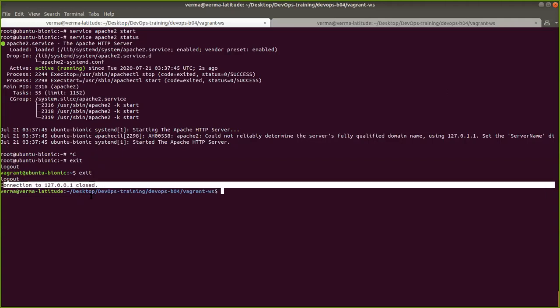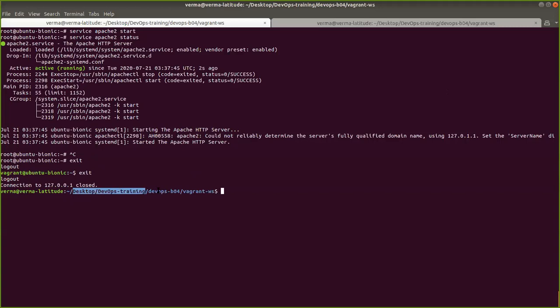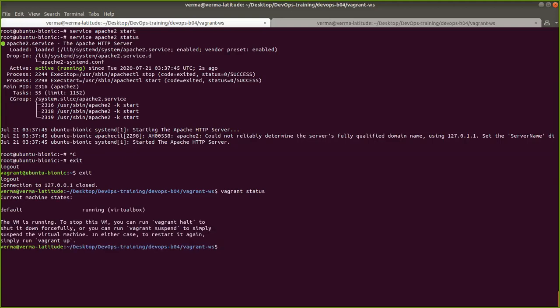Once you get this message, you get your folder structure, like your C drive and username. Now check your Vagrant status. It is running, so if it is in a running state, execute the command vagrant destroy. Vagrant destroy completely destroys the machine, but the image is still present. So whenever you do vagrant up the next time, it will not take that much time.